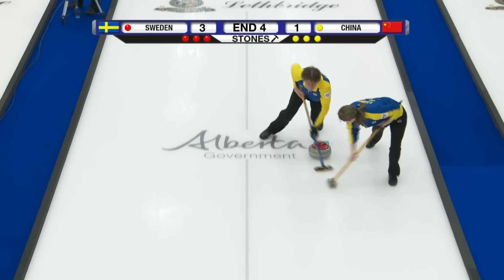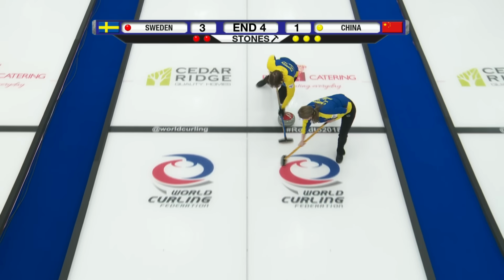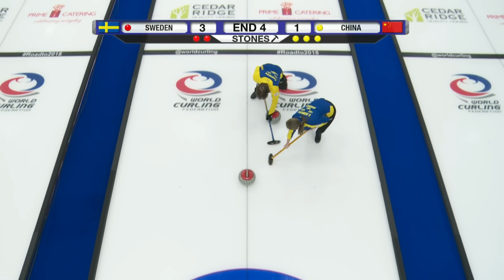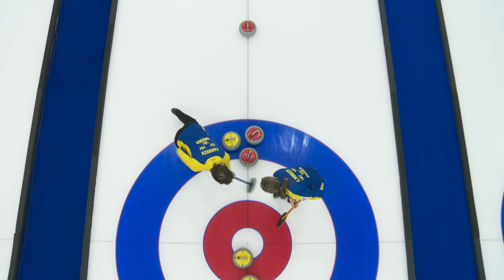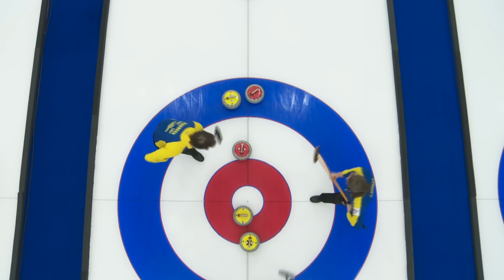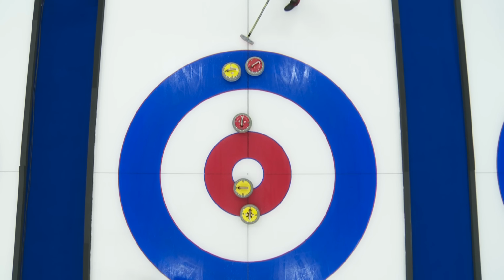Yeah, China did cut off that side of the sheet, though, for Sweden. So now they've been forced to play the other side of the sheet. Well, this is moving big, Kaylin. Yes. Plan B. I do think it's that softer rotation, but they also hadn't played over there yet either, so...